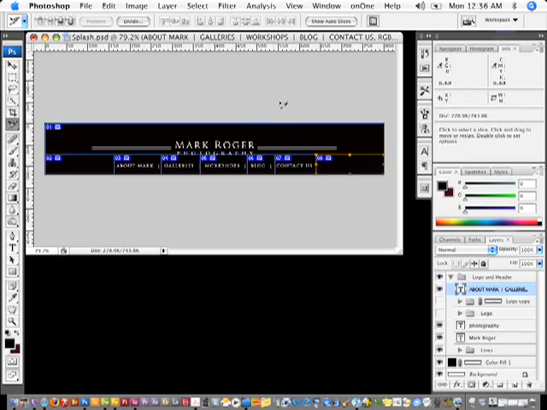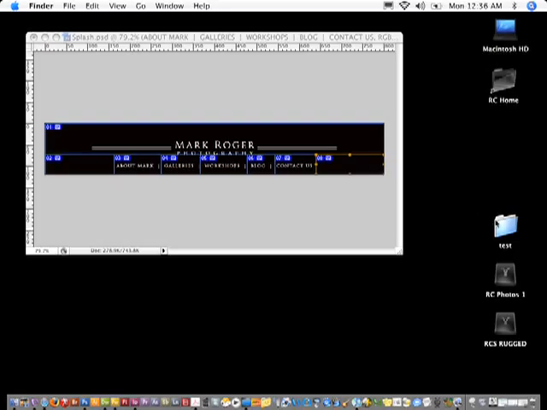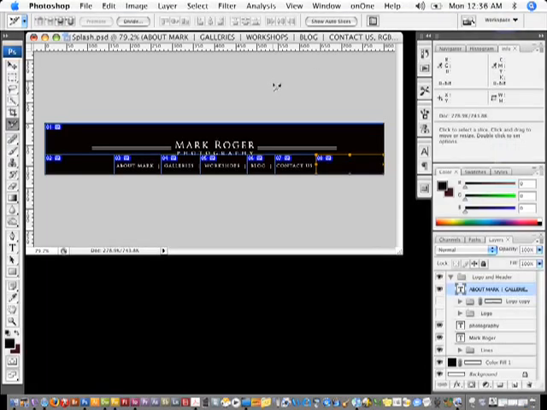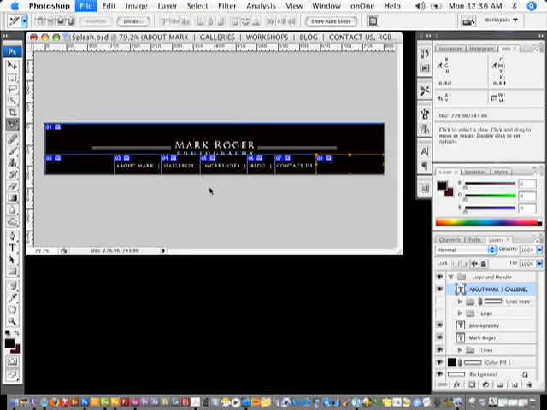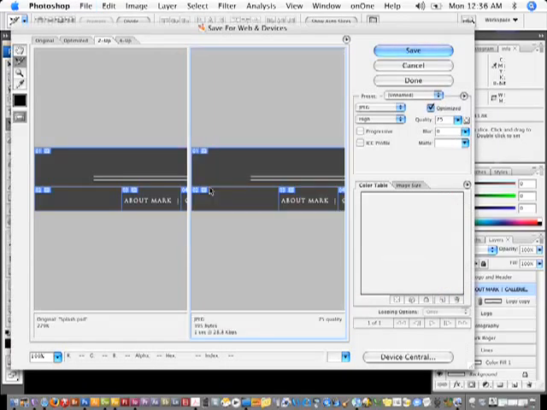So now I have all of these labeled out, and what I'm going to do is export these into a folder here that I have called Test. Actually, let's change the name of this. We'll call it Site. So now that I have that all set, I'm going to go to File, Save for Web and Devices,